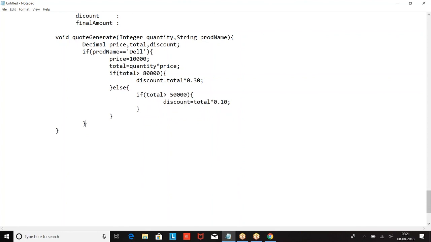Right? No, it's not Dell. Then it goes to else. In the else, check whether it is an Apple or not. If product name equal to